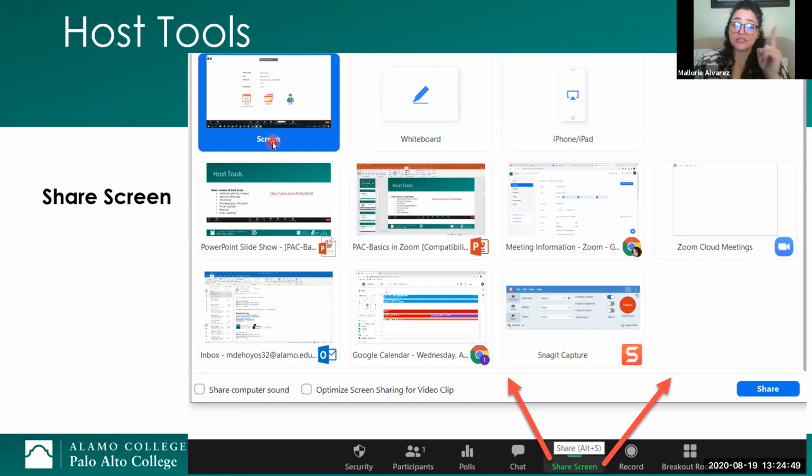If you find that you're jumping around from PowerPoint to PowerPoint to YouTube video, I strongly recommend just sharing your computer screen. That way, anything that's going on can be seen without any kind of time delay of having to switch over to something different. So those are just some preferences. It's all up to you on how you would like to do this. So we're going to be moving on.